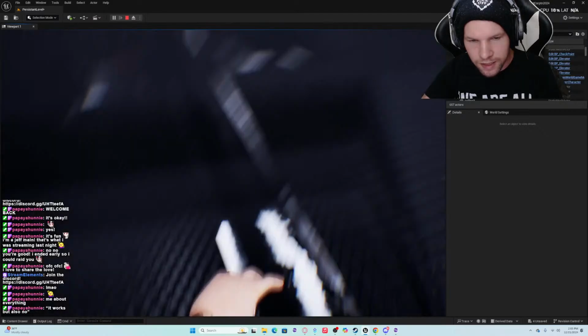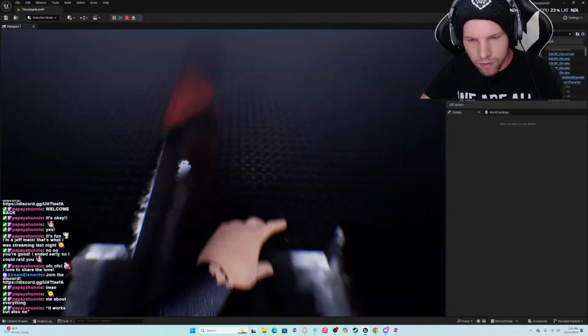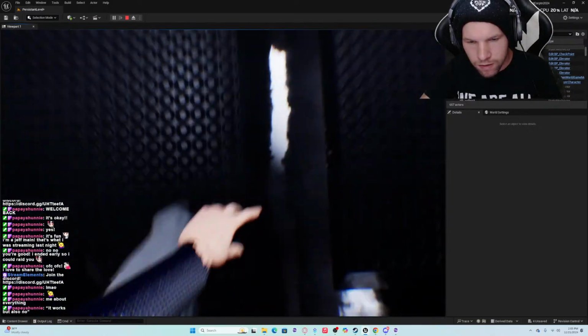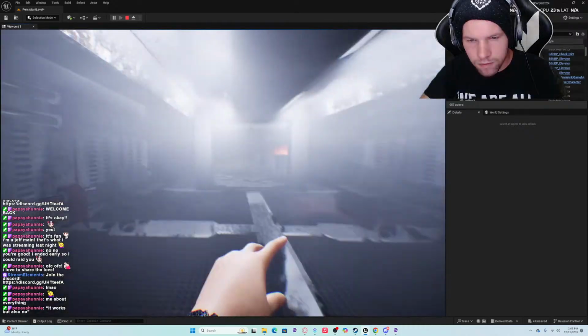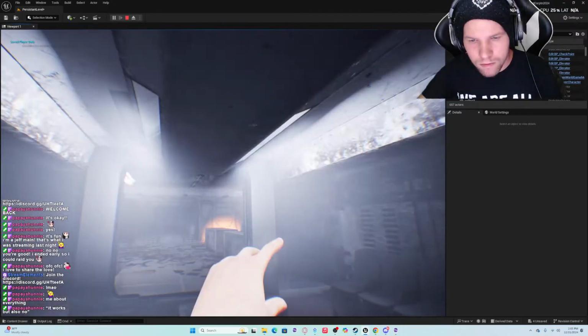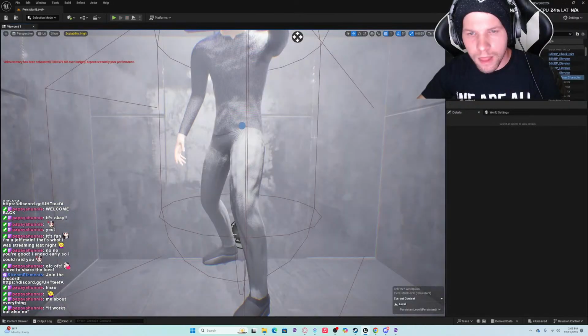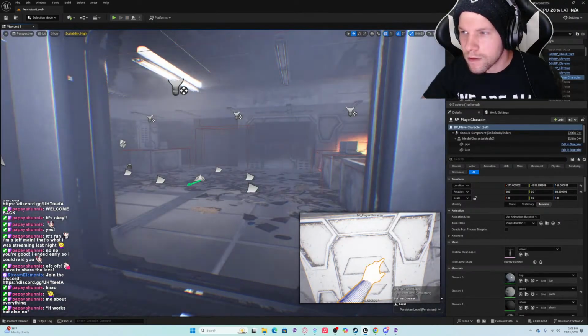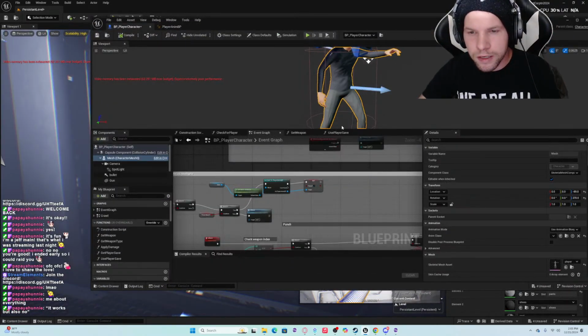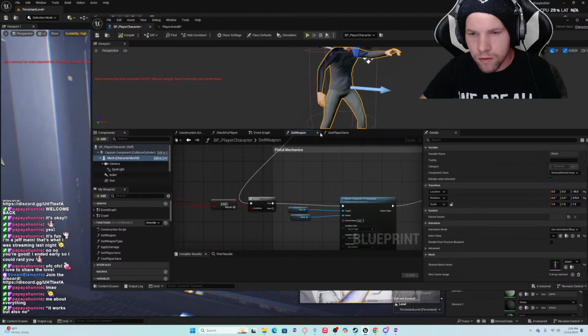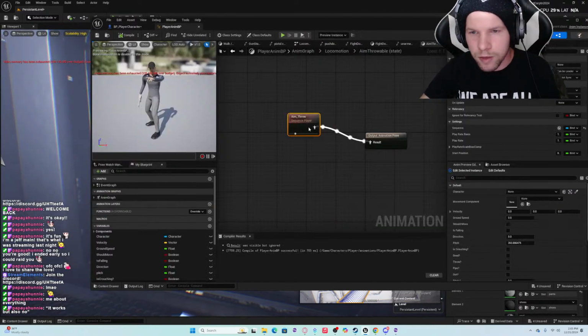Problem is that he doesn't walk. Can I do a, what is it, a blend per pose?